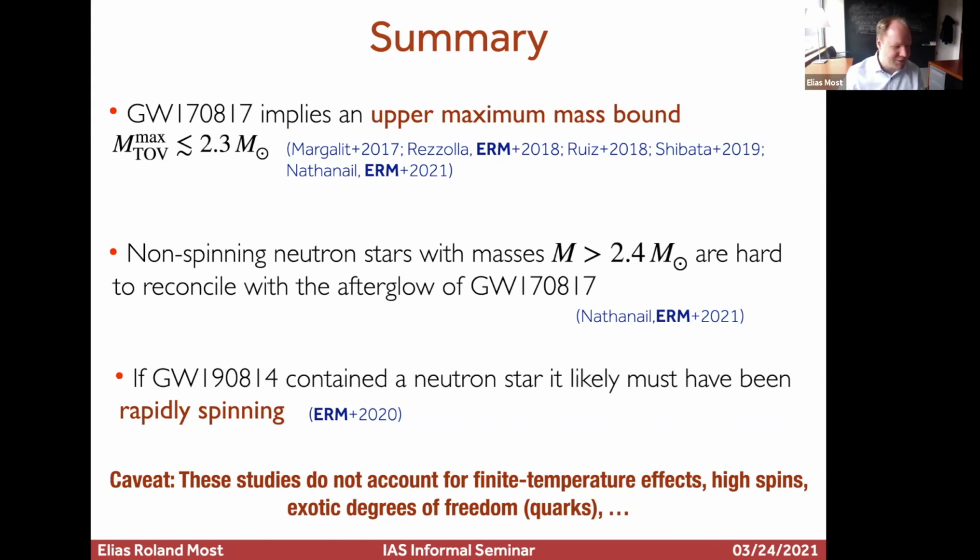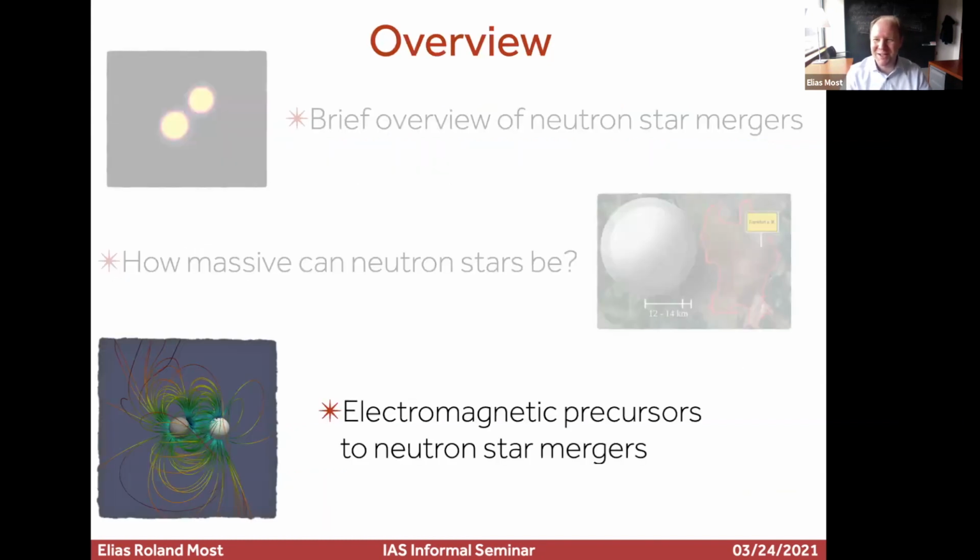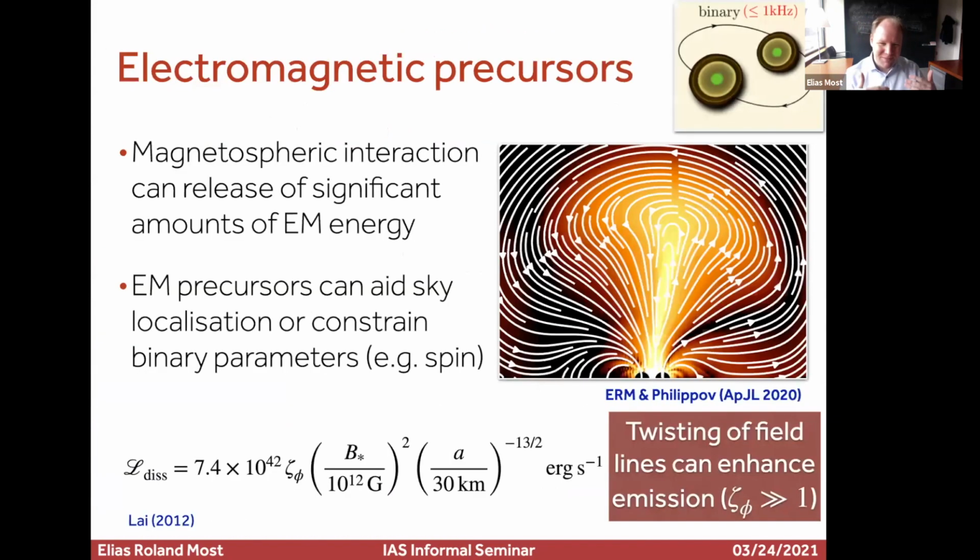So let's look at some simulations, because as David was pointing out initially, I'm actually doing a lot of simulations. I'm not doing too much of those back of the envelope estimates, or even working on nuclear structure. And one of the things that I found very interesting is if there's another counterpart apart from those that I already mentioned. The main idea is really, because neutron stars have very strong magnetic fields, in principle, a non-trivial interaction of the magnetic fields should produce some sort of event right before the merger happens. So the artistic picture is actually a simulation picture. You should see some sort of flaring type event right before the neutron stars merge.